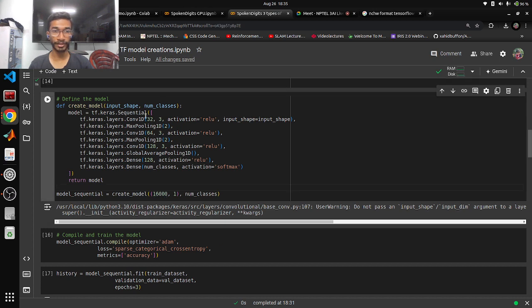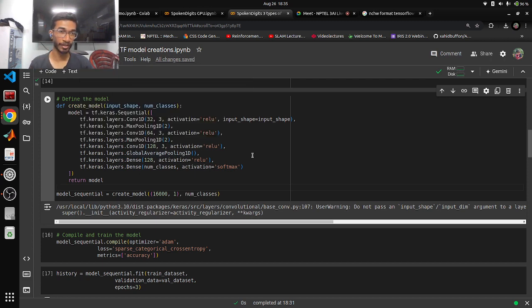So in the sequential API you can basically see that it's the output of one layer. This kind of API is used to define models which are having more of a linear structure. Your input goes in, it passes through one layer, then it passes through another layer which you have defined next, then next, and so on. But there are some limitations to this approach, but for this exercise, this API is sufficient for us to